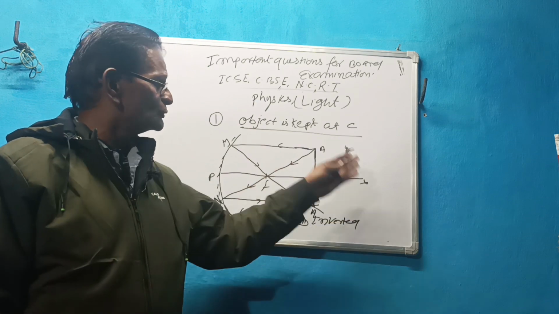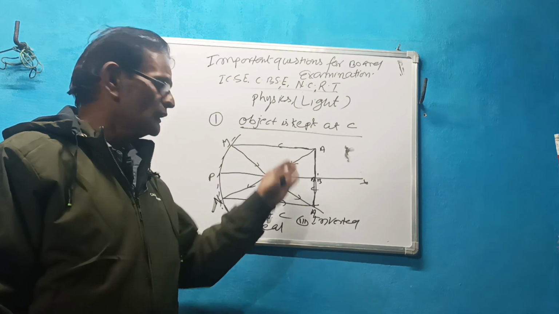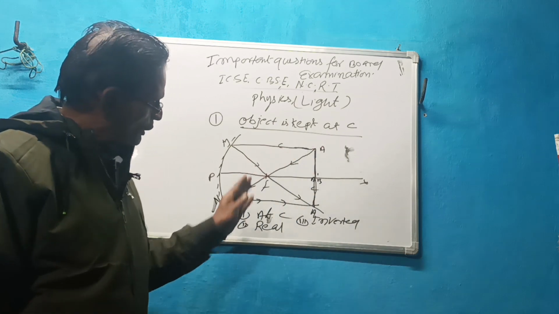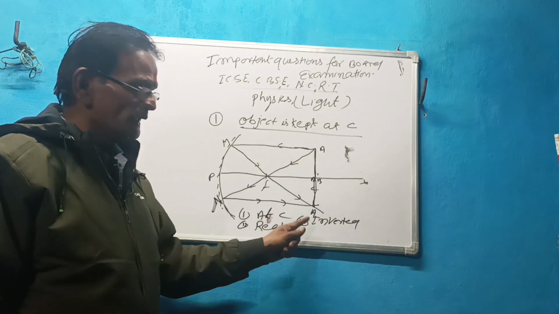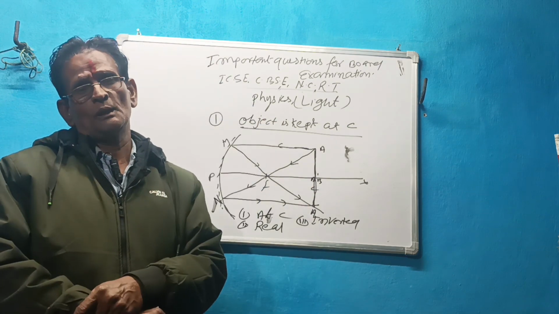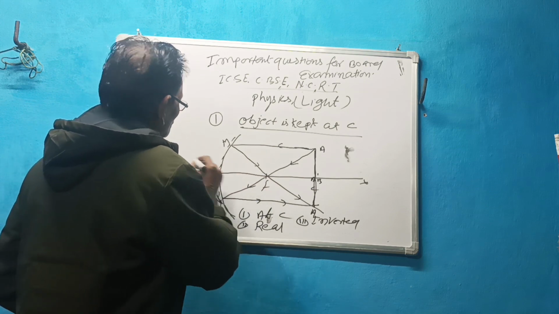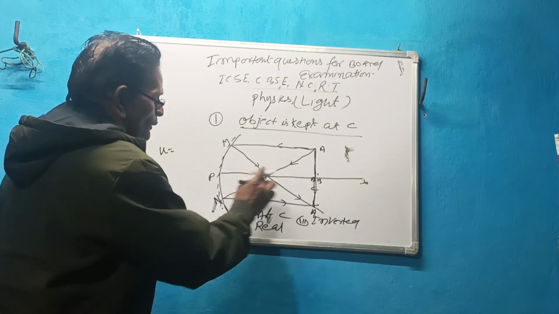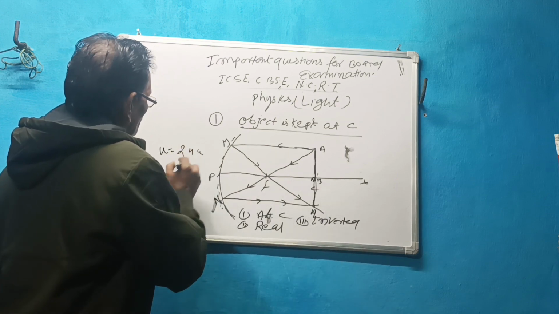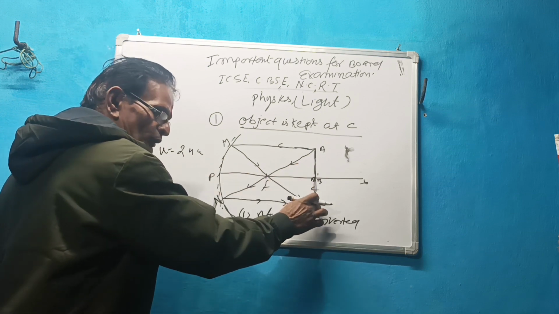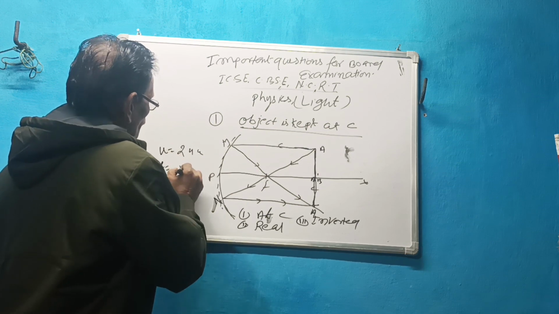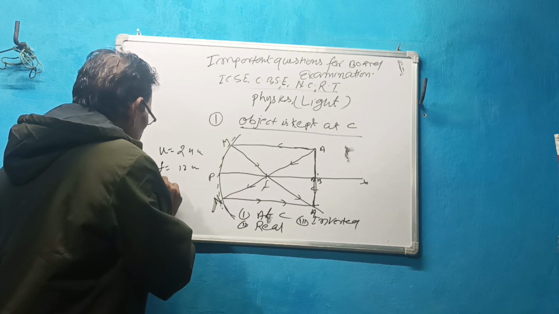And how can we find the images in a convex lens or concave lens on the basis of the diagram? You have to draw the diagram, and if you can draw the diagram, then definitely you can solve all of the numericals also. Suppose here I am giving u is equal to, from here to here the object is 24 centimeter, and here the image is formed, F is equal to 12 centimeter. Then you have to find V.